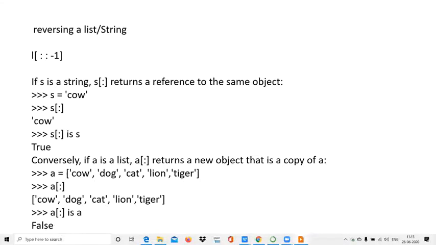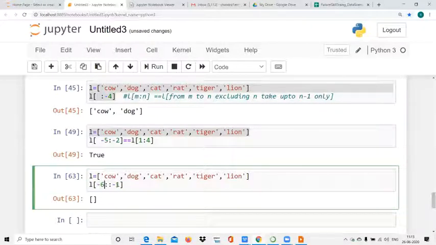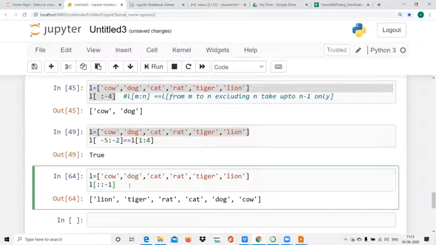Next, this is colon, won't pass anything. So this is one way to reverse the list. See, the above list is reversed.